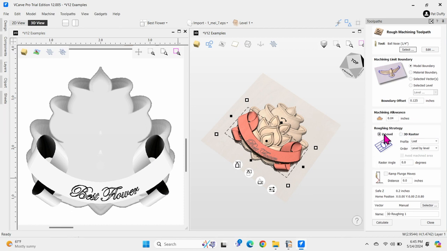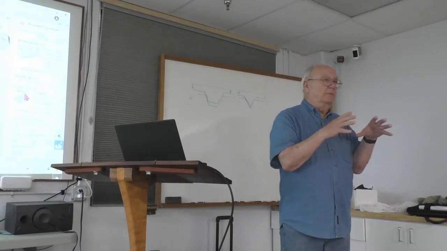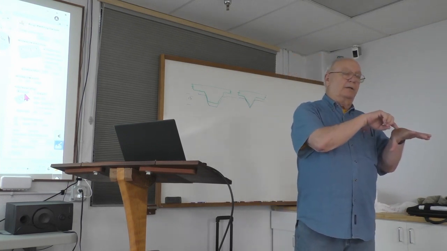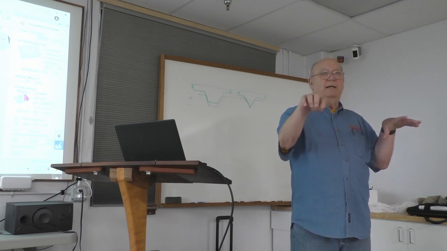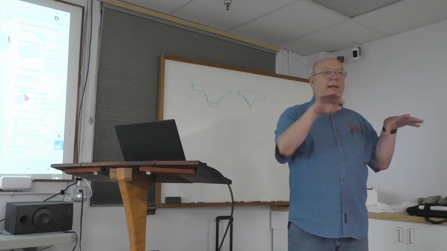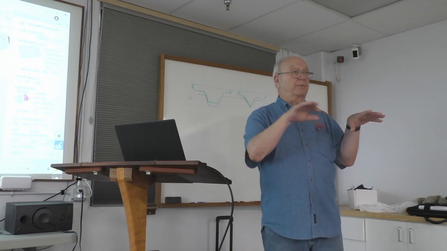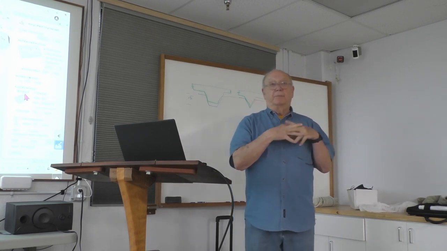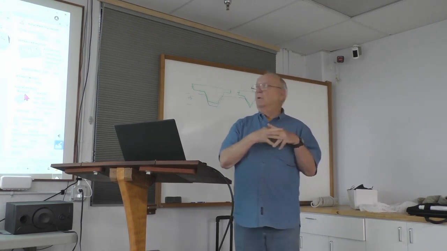Z level and raster, you fool around with those two to find out which one is going to give you a better time. I found if you have heavily grained wood, mahogany would be one I would consider heavily grained, then you want to use a raster cut in the direction of the grain, and it kind of hides the cut itself. Okay. If you have curly maple, probably doesn't make any difference, raster or